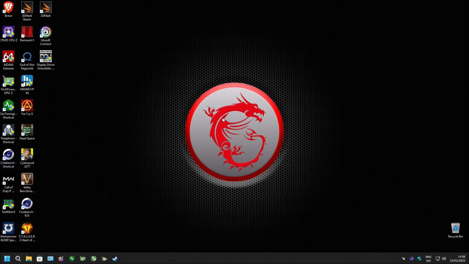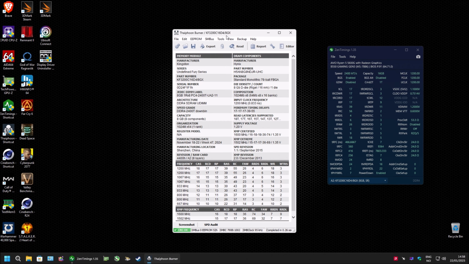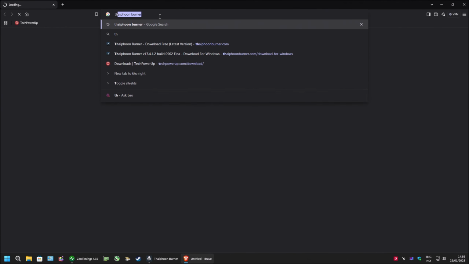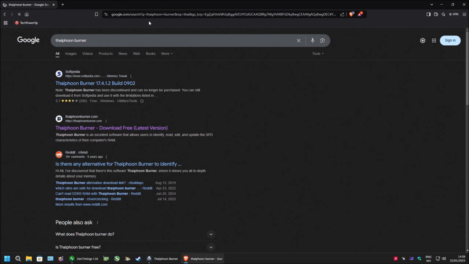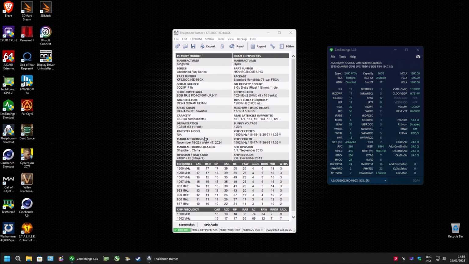One of the most important things also to keep in mind, guys, is that you will also need Thaiphoon Burner. This is very important. So where do you get Thaiphoon Burner? You go here, to this site. It should look like this, and you just download it from here. Now, there's something that I need to cover, and it's very important that you do this, otherwise it's not going to work for you. You need to go here,